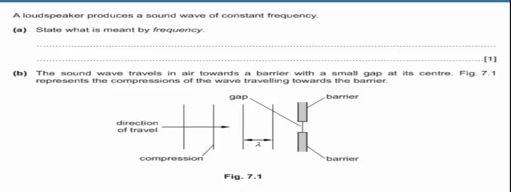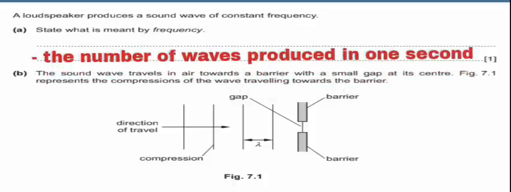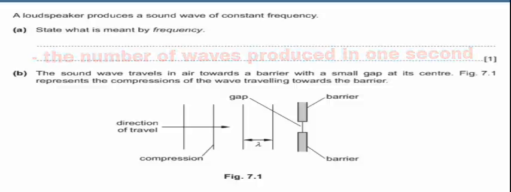The next question reads, a loudspeaker produces a sound wave of constant frequency. Question A. State what is meant by frequency. So what is frequency? Frequency is defined as the number of waves produced in 1 second. The number of waves produced in 1 second. Then as for question B,